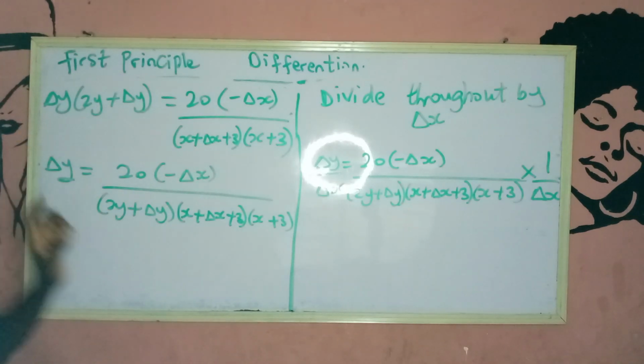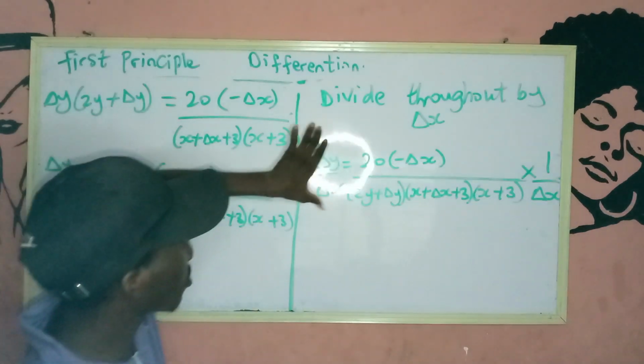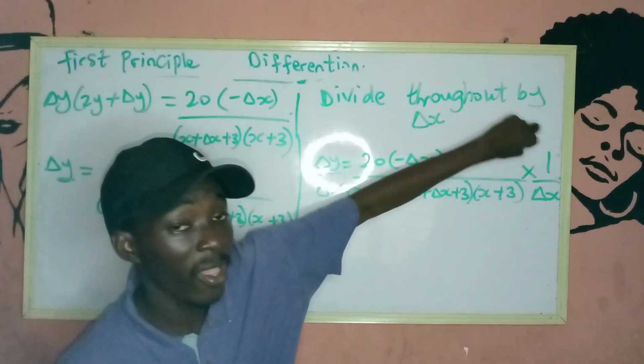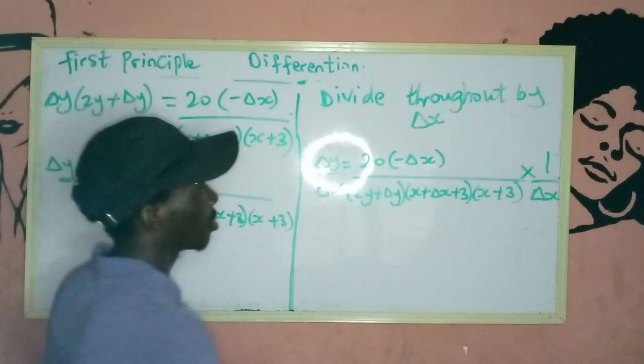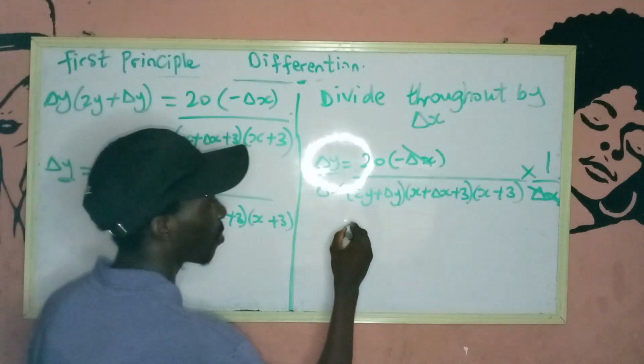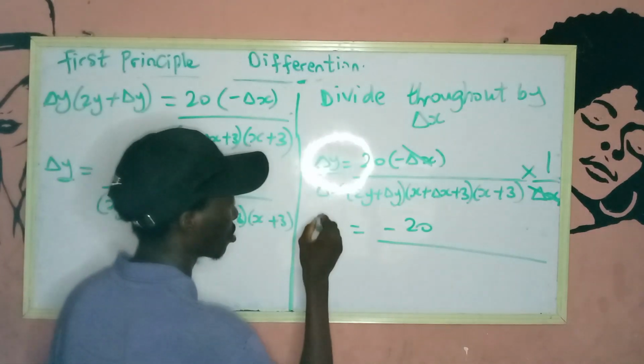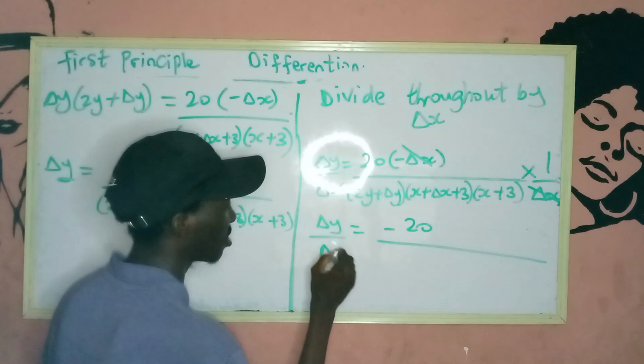So this can say divide by what? I divide by change in x, so I do this. When you do this, it also means you are multiplying it by what? 1 over change in x. So this cancels this. Are you getting it? So that will be what? Minus 20 over, so my change in y over change in x